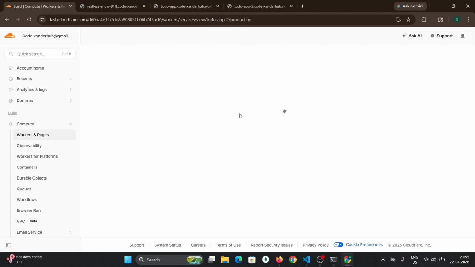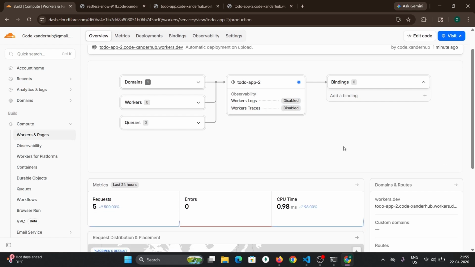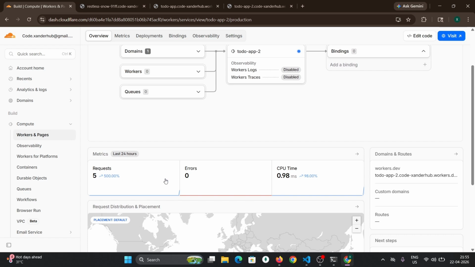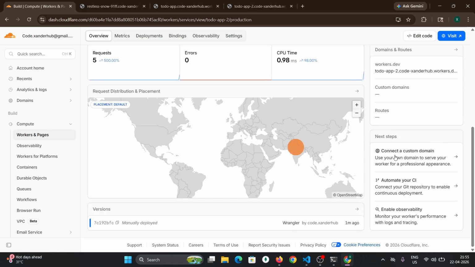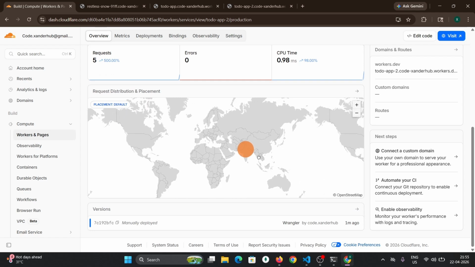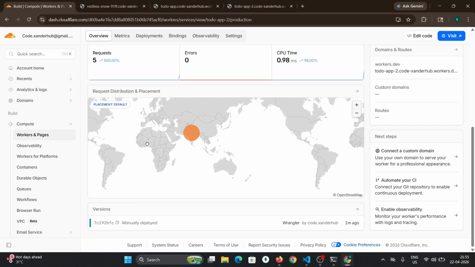If you click on this, you can see the request, CPU time, and you can see where currently this instance is running of this worker,